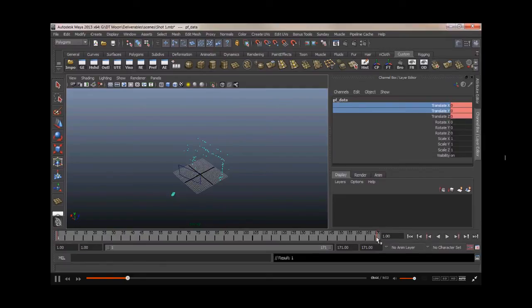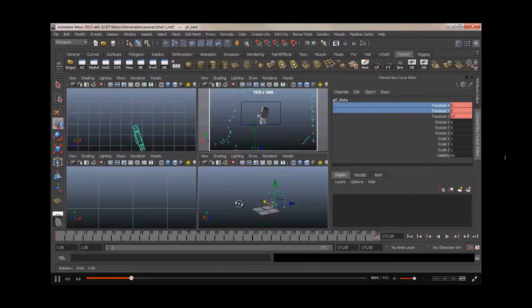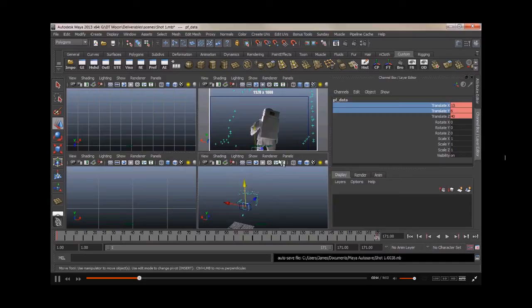Key all of these, and now I can move it forward here and then here as well. So we're getting a bit closer to our character. Now he's going up, so we'll have to move this up as well, and just want to get a bit closer. Alright, something like that for a rough animation. Let's just go in here,